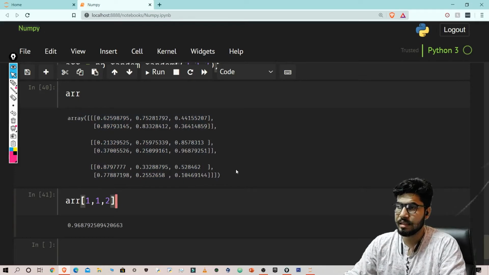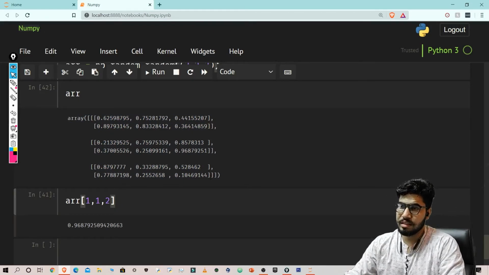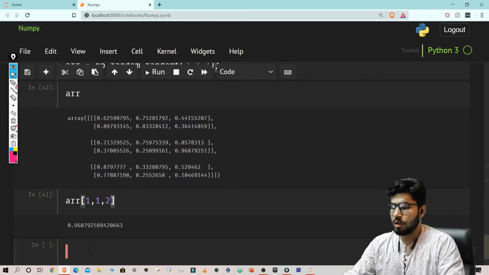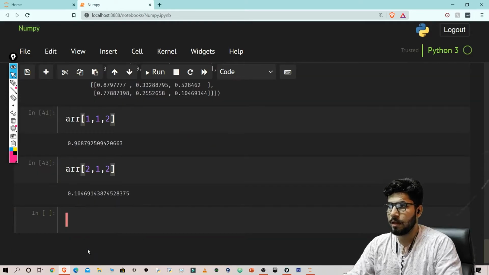Let's take this array, and in this array we want to get this element. So earlier what we had to do is 0 1 2, then in this 0 1, then in this 0 1 2. So earlier we had to do 2 comma 1 comma 2.